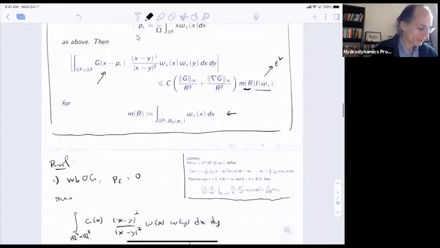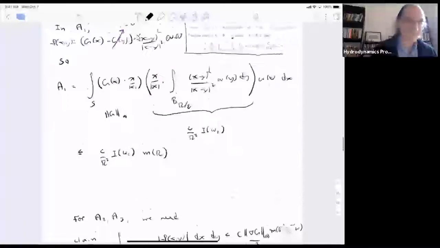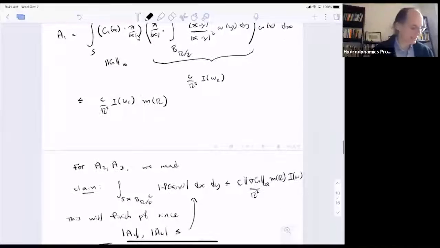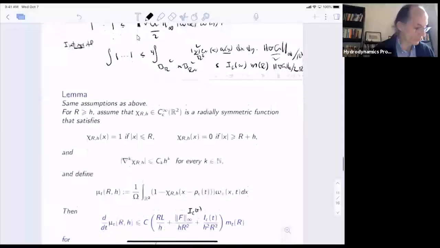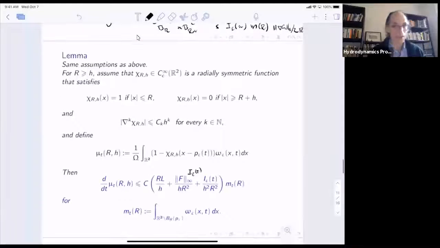Okay, so now I think we're ready for the last lemma before the proof of the theorem. And this is what I sort of advertised at the beginning of the hour. So, same assumptions as above. And so this is this picture of